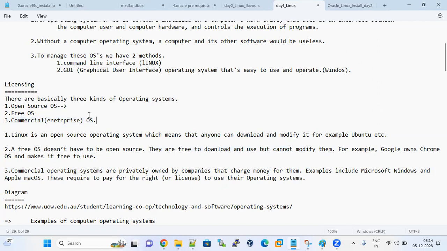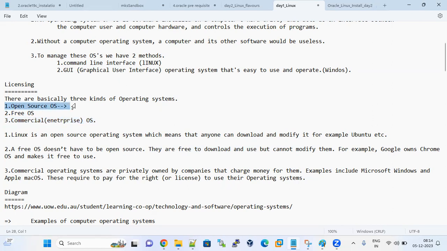In older days there was an antenna. Nowadays it's Airtel. So antenna is a kind of open source. No need to pay anything. Simply you can keep the antenna and use it. What are the freely available channels? Nowadays Airtel. There are many vendors to provide these channels. So you have to pay monthly, you have to pay some amount. Then only you can get the channels they are giving. So that is enterprise or commercial.